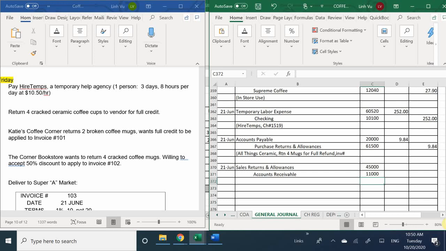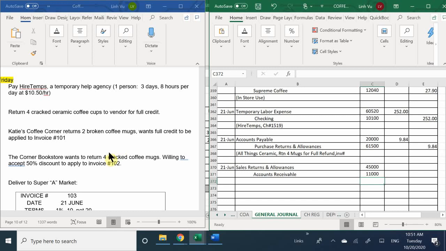Now, how much is one coffee cup that I sold to Katie's Coffee Corner? $4.99 each, right? If you remember from way back when, I set the price for selling to my wholesalers. I sell my coffee mugs for $4.99. For people who just walk into the store, I charge $6.99. So if I charge Katie $4.99,